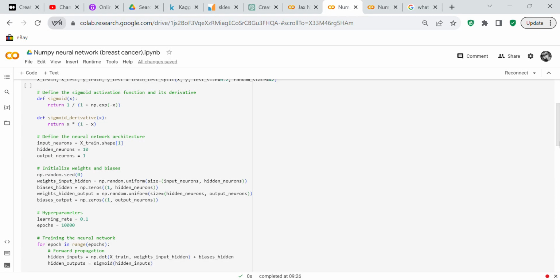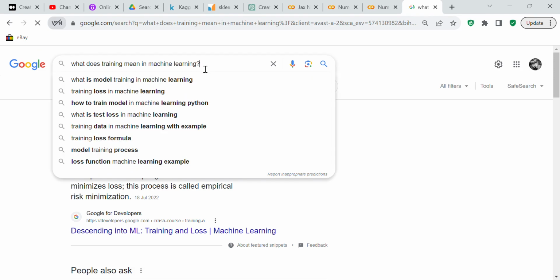So now what we're going to do is set up the neural network. And the neural network is going to use the sigmoid function and the sigmoid derivative. So you can see the formulas for the sigmoid function here on the screen, and you can see the formula for the sigmoid derivative function as well. So what we'll do is we'll say